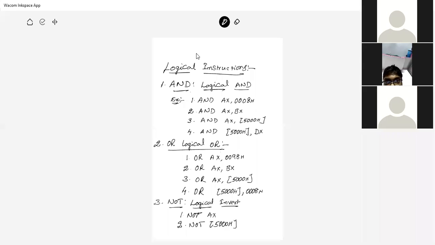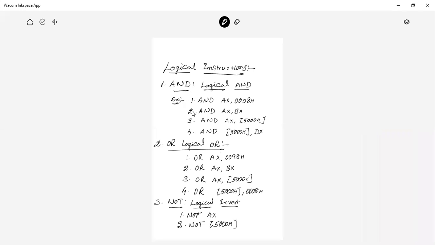Taking is copying the data, and the other one is sending the data to the other port. So it is nothing but loading and storing. Loading is always related to the read operation, the copying operation. And the storing operation is nothing but a write operation. It is nothing but sending the data. Clear? Yes, sir.